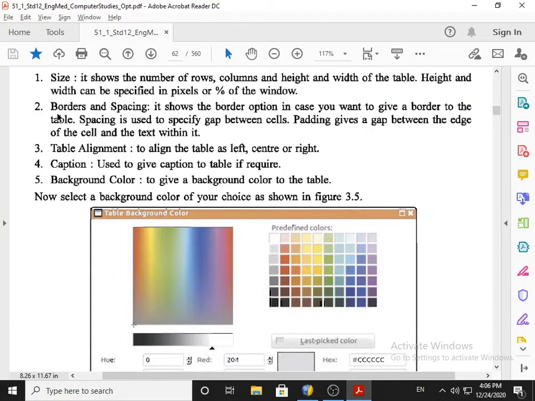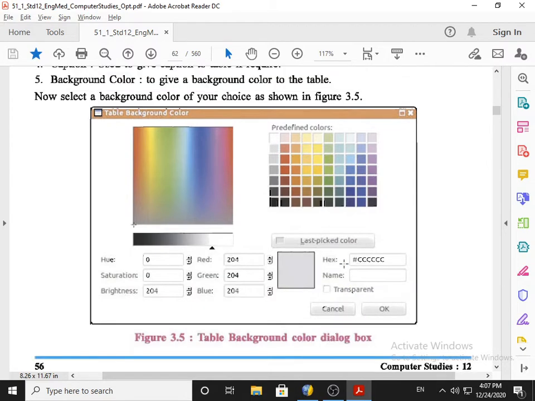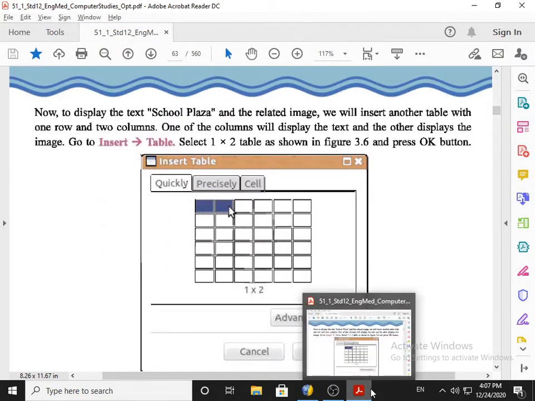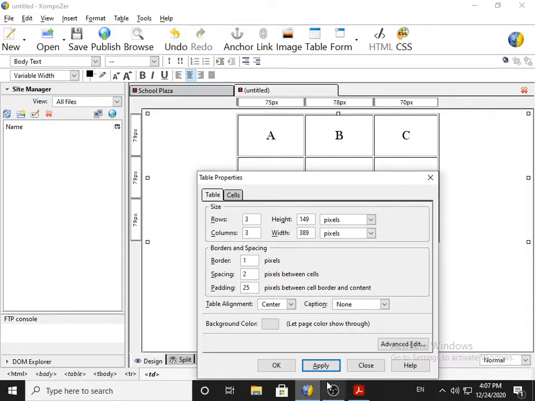The next, caption, used to give caption to the table if required. If you want to provide the title, then caption tag is used to define the caption, the title. Background color, to give the background color to the table, that we have to see because it open table background color dialog box. We'll go for that. Here we click on background color, caption is there.